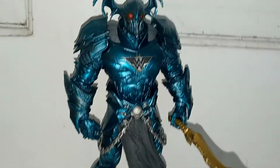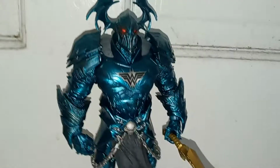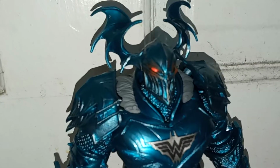I mean, he's so detailed. It just makes sense that they could put more detail on him by doing this, so I'm glad that they chose him to be the first Build-A-Figure. I do know some people want this to be a singular release, though, but yeah, I think it's better as